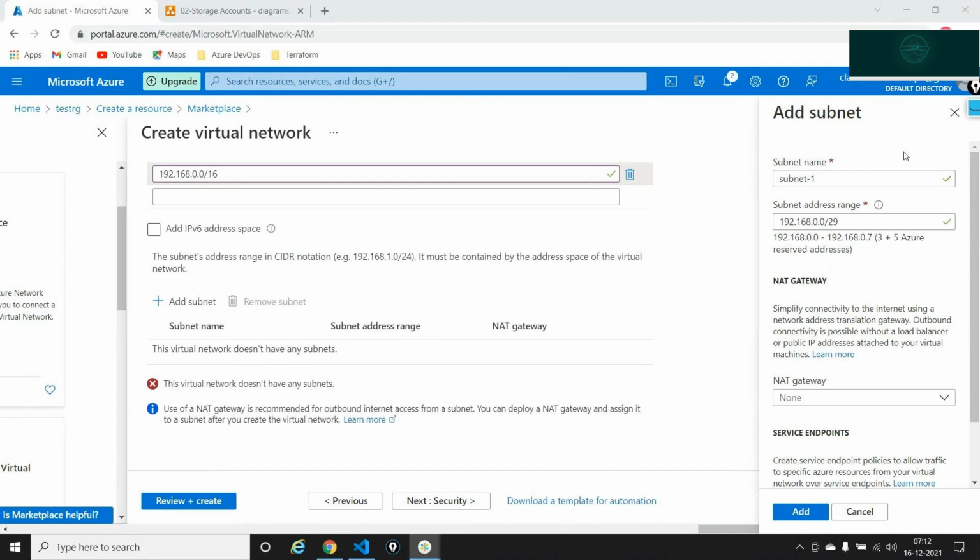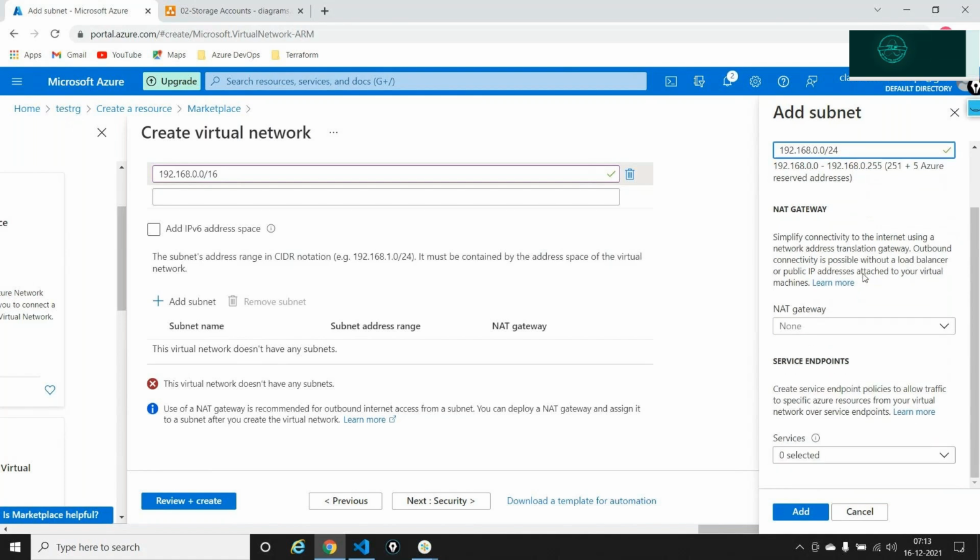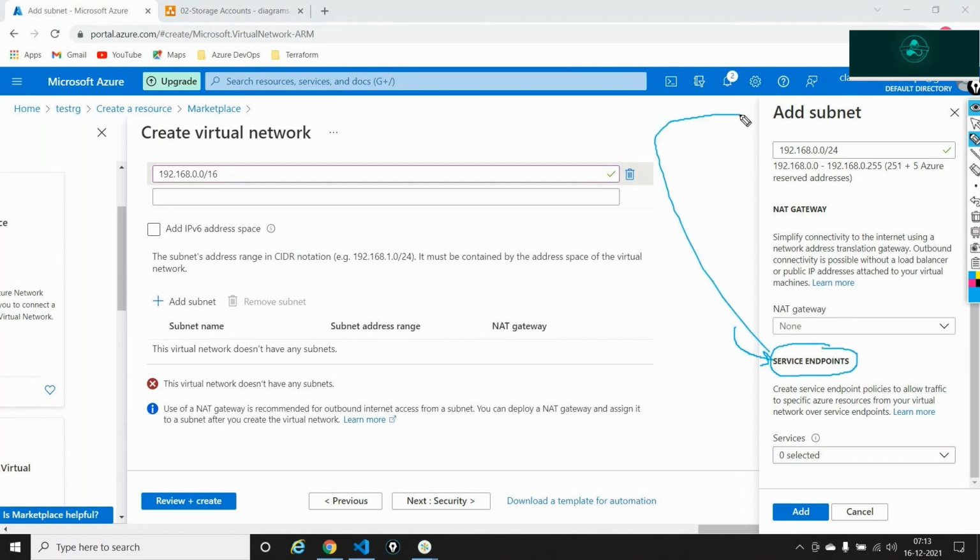Okay, so this is the /24, 192.168.0.0/24 is the address. And finally, when I come here, there is a concept known as service endpoints. This concept comes in when I'm adding a subnet. Now, what exactly a service endpoint is, is very simple at this point. Just understand